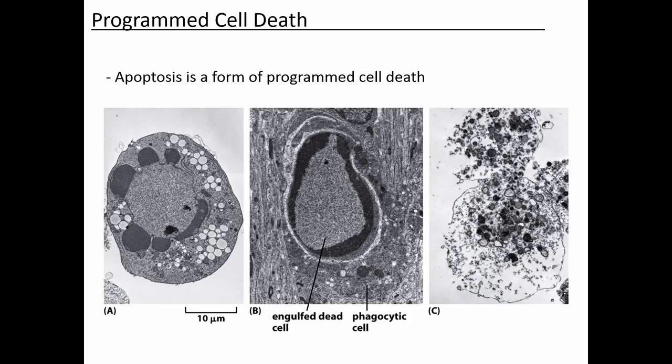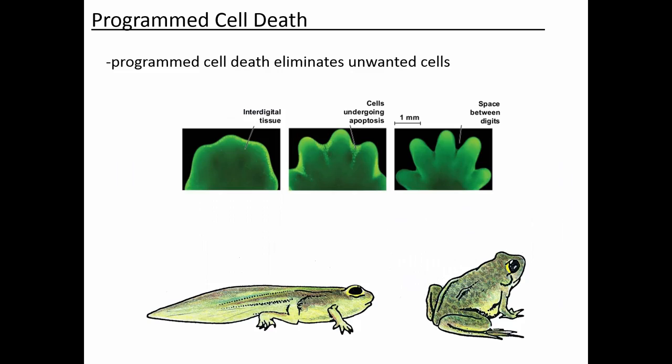Apoptosis also happens as a natural part of development. Initially inside the womb, you actually have webbed hands, so you have tissue between each of your fingers. But during development, all the cells that make up the tissue between the fingers undergo apoptosis, and that gives rise to separate fingers. So apoptosis can eliminate damaged cells, but it also gets rid of unwanted cells during development and is a natural part of the developmental process in animals.